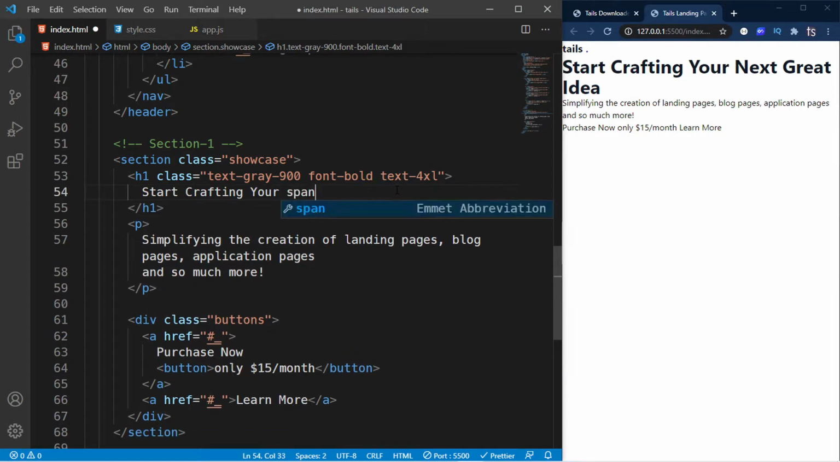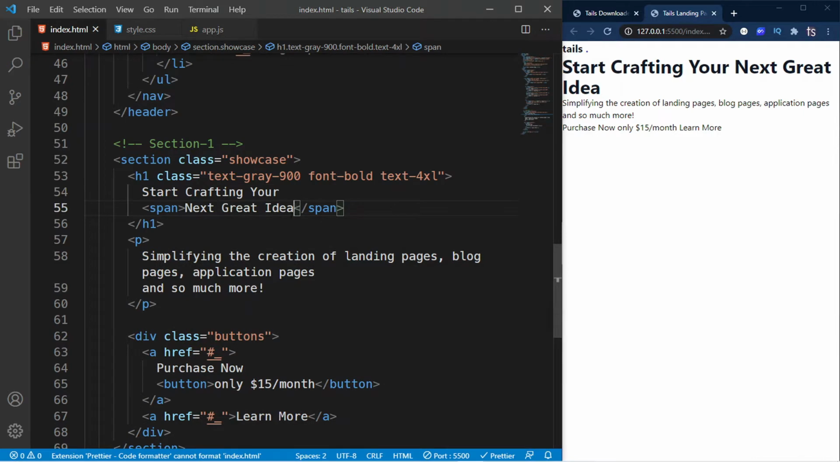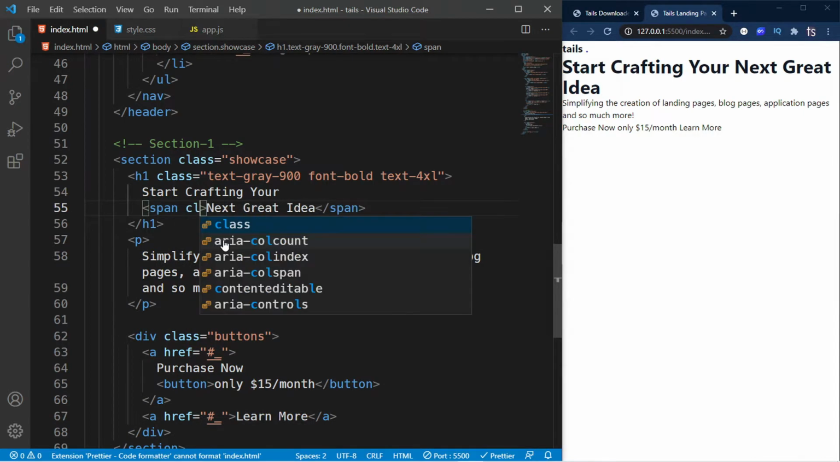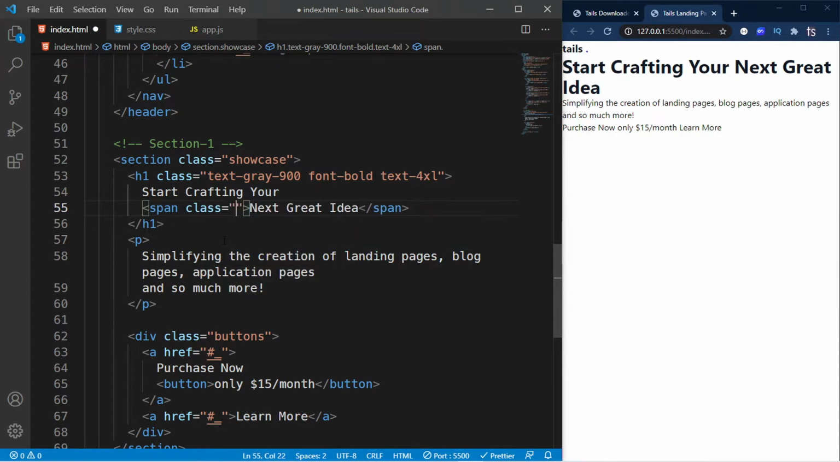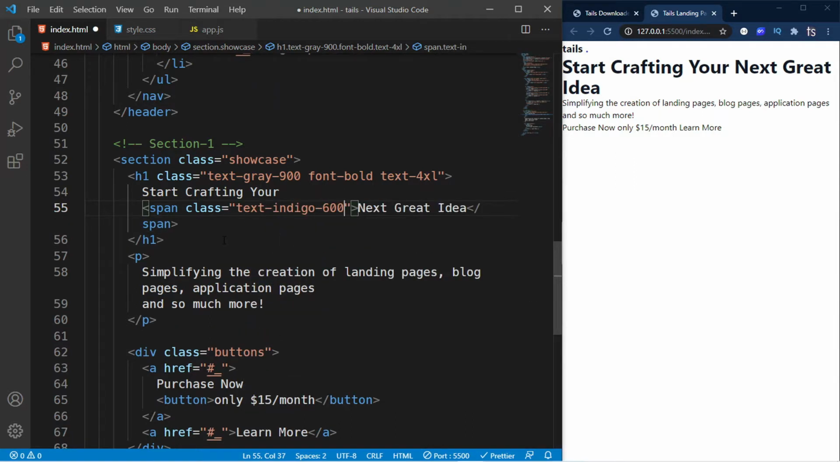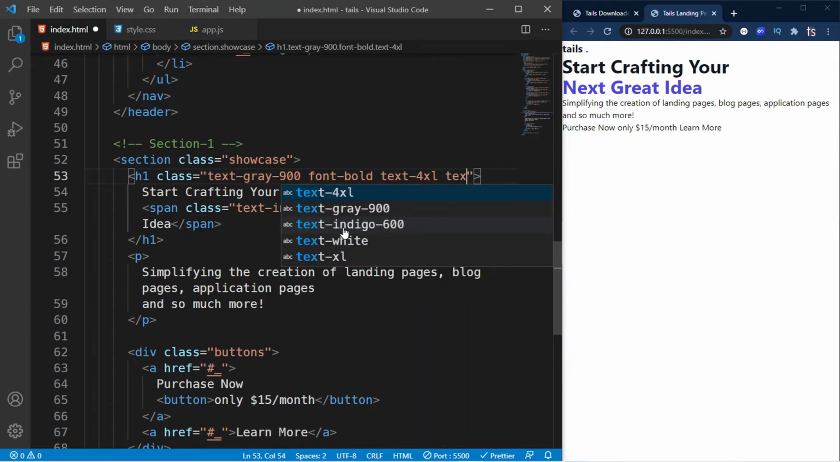Oops, like that. And I'm going to go inside this span, give this span a class of let's say text-indigo. We're just going to be reusing classes basically, as you can see. And then I'm going to say block so that it goes into the next line. And then I'm going to go back into this H1 and say text center,